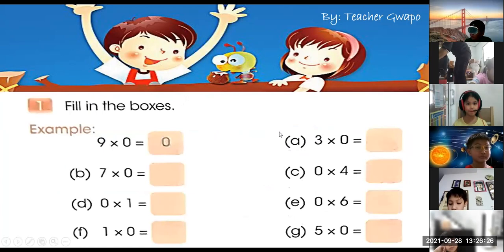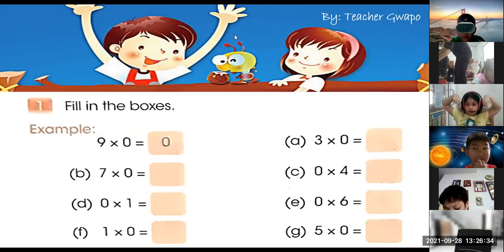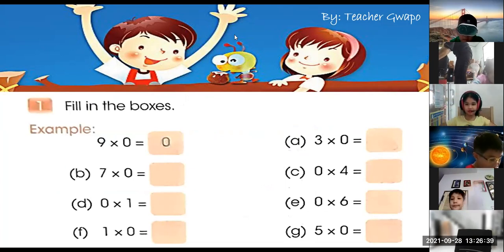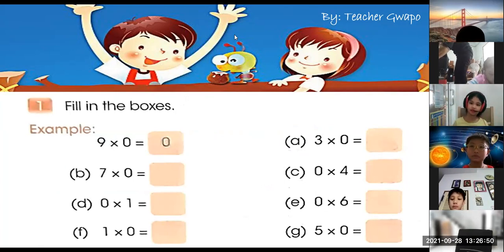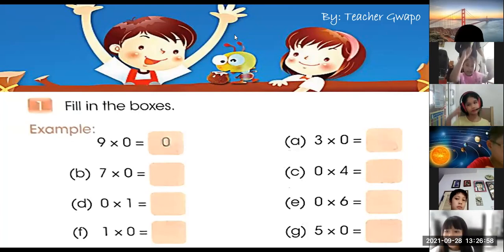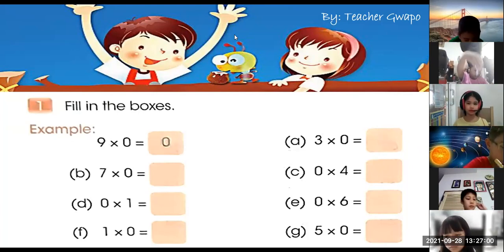Now in your book, on page 80, 10 seconds only. Answer your book in 10 seconds. 10, 9, page 80, number 1, 8, 7, 6, 5, 4. If you are finished, raise your pencil. 3,